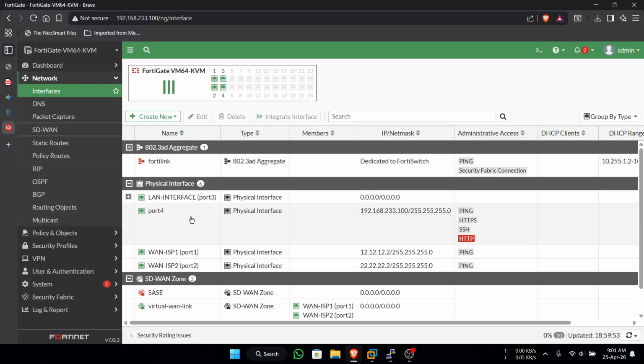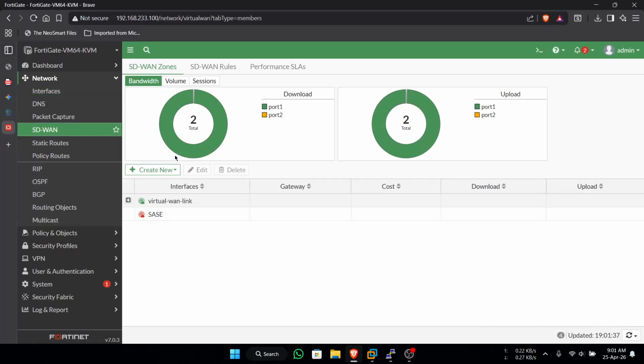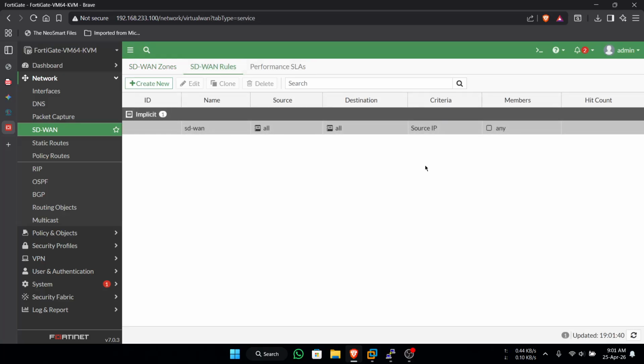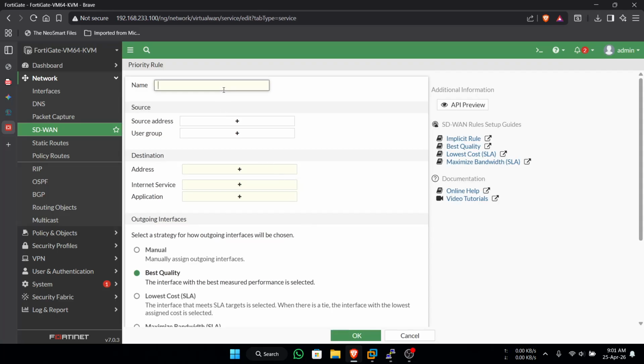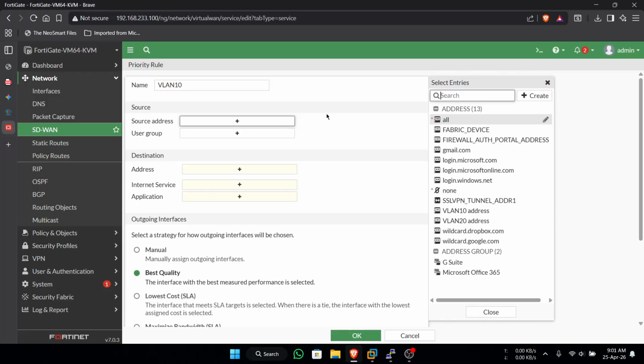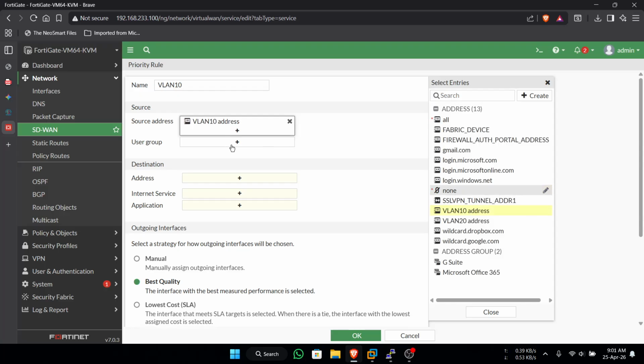Close first, then you go to SD1 and SD1 rules. Here this is the default route. Create new, name maybe VLAN 10. Source address VLAN 10.